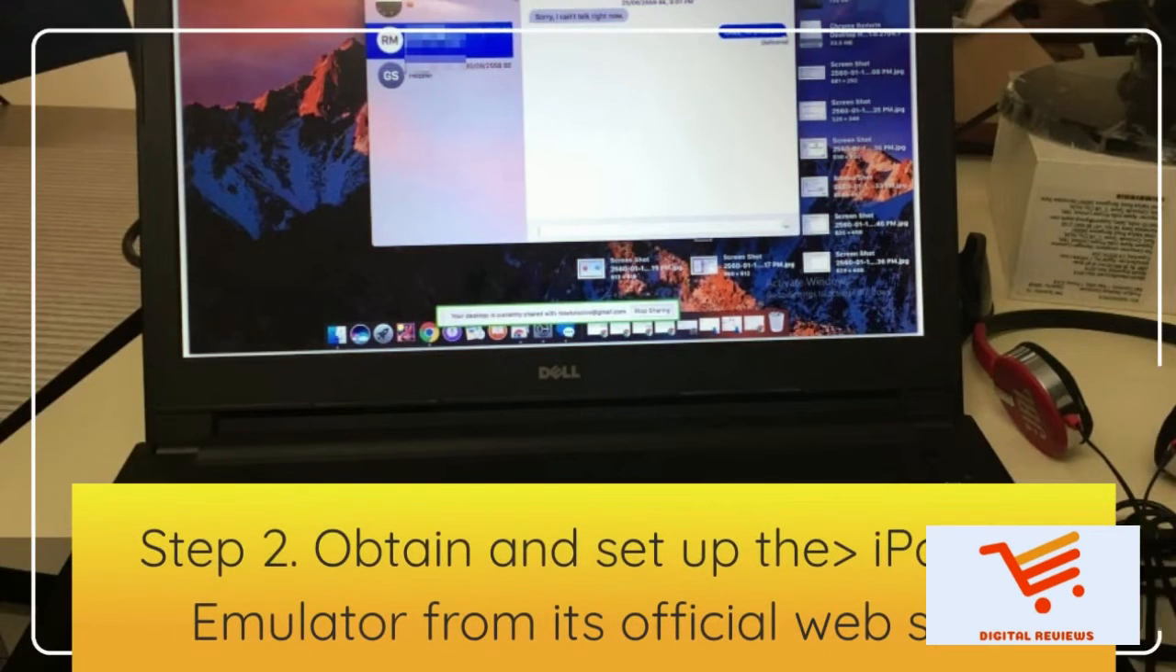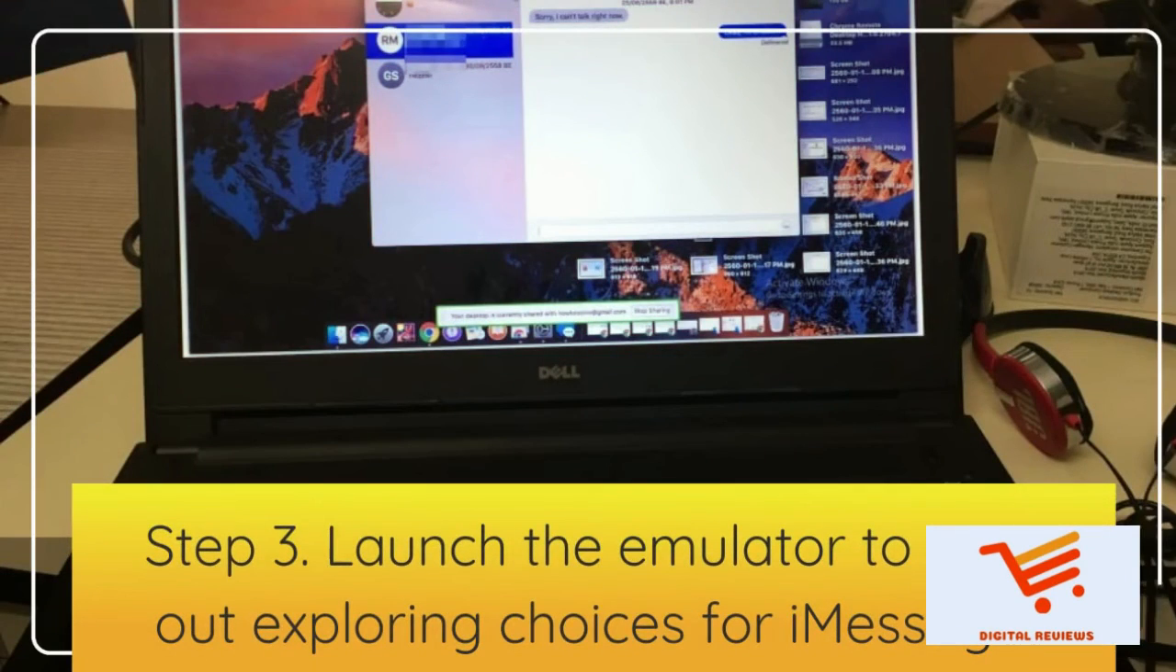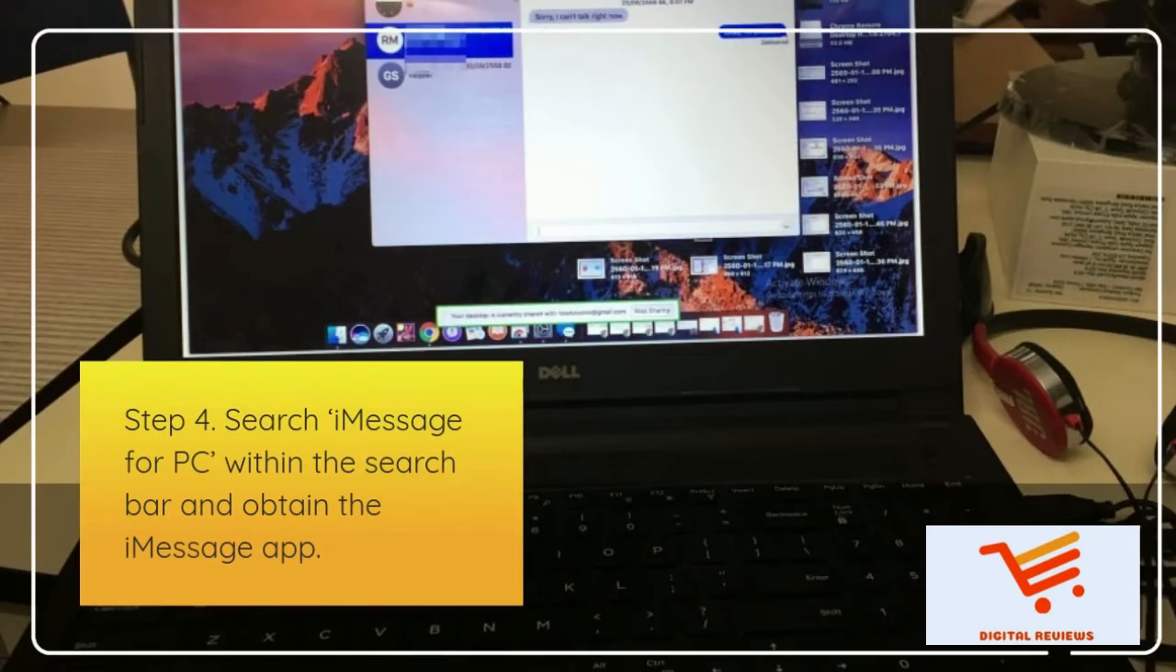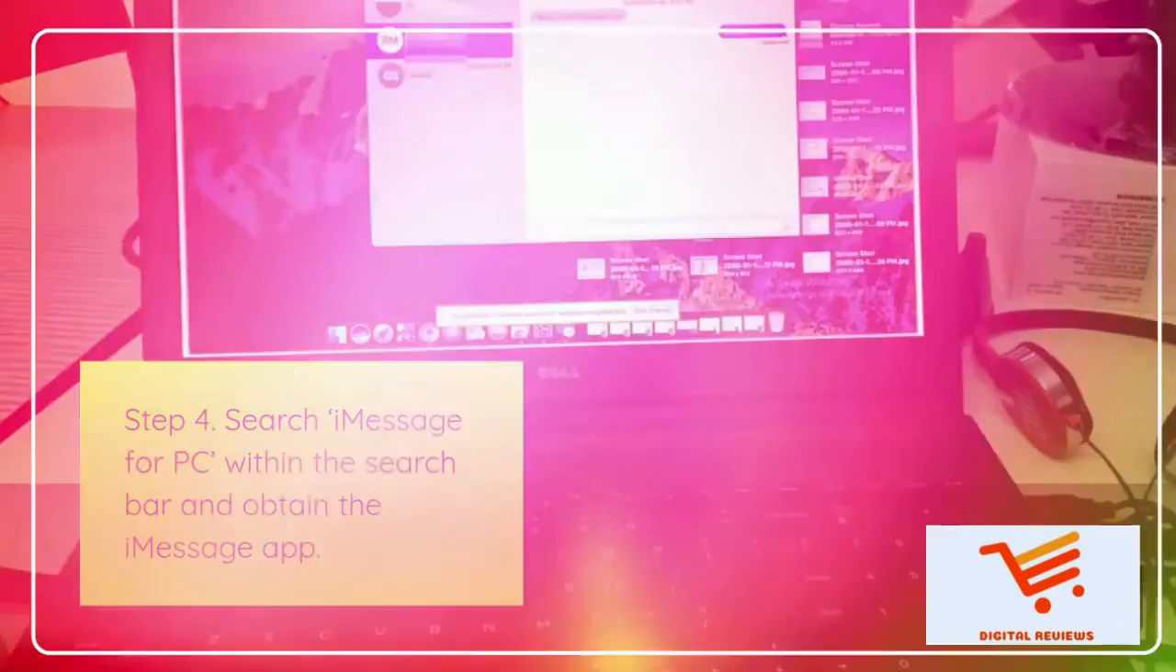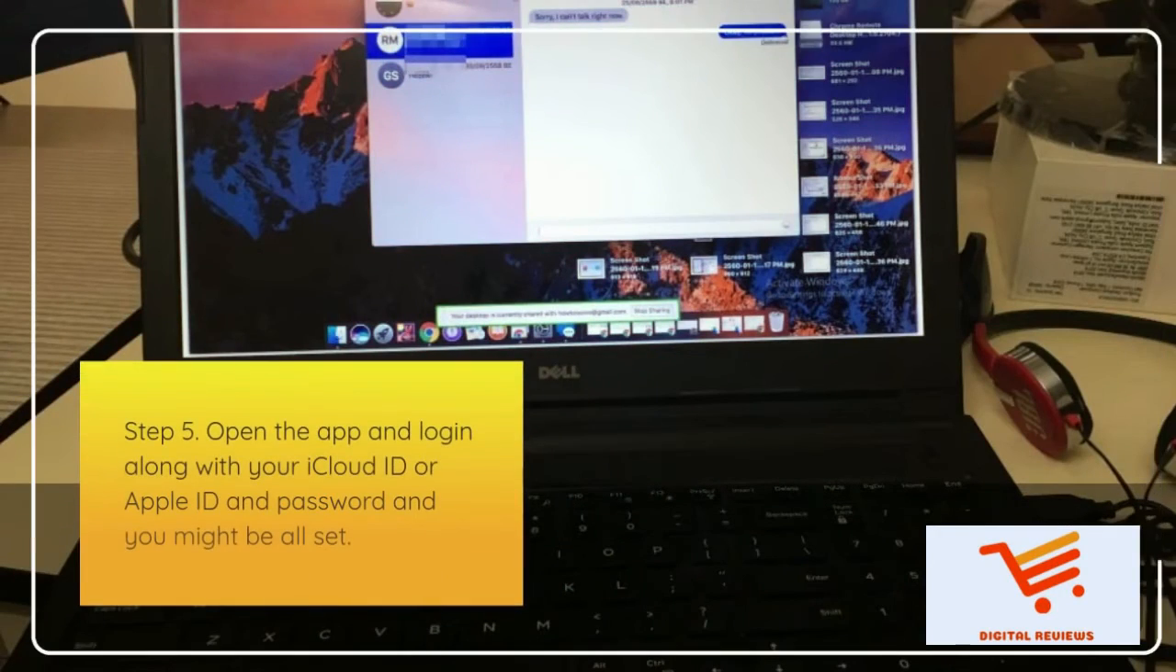Step 2. Download and install the iPadian emulator from its official website. Step 3. Launch the emulator to start exploring options for iMessage. Step 4. Search iMessage for PC in the search bar and download the iMessage app. Step 5. Open the app and log in with your iCloud ID or Apple ID and password, and you